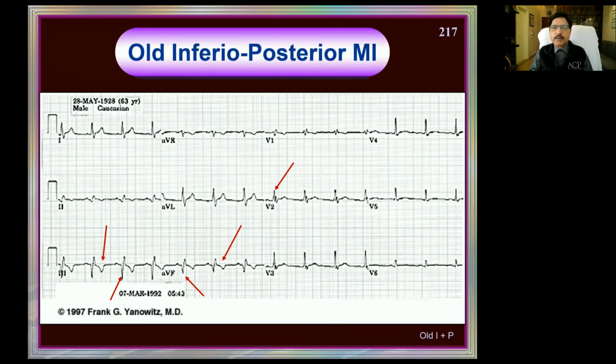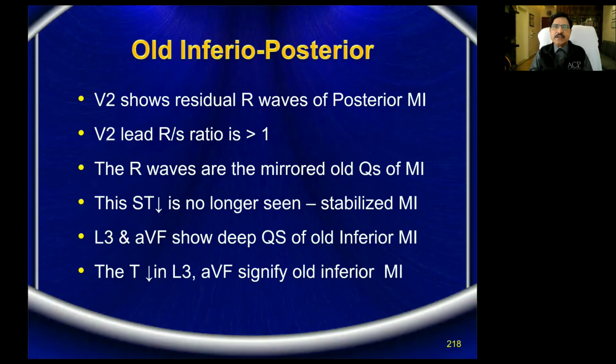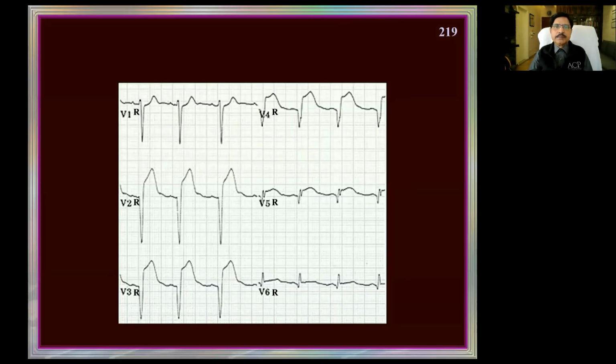So it is important: how do I know old or acute? One, you go by the amount of ST segment elevation. Two, you go by the enzymes. Three, you look at the previous ECGs. And four, with the history, that he had suffered an infarct earlier. Okay.